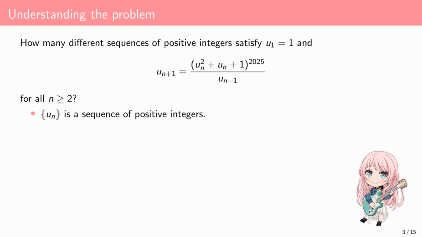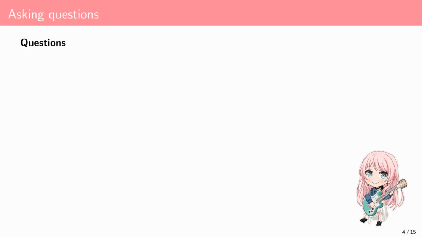First, Un is a sequence of positive integers. Second, the first term of Un is 1. You are also given a recursive definition for Un. Now that we have a thorough understanding of what the problem is talking about, let's ask ourselves a few useful